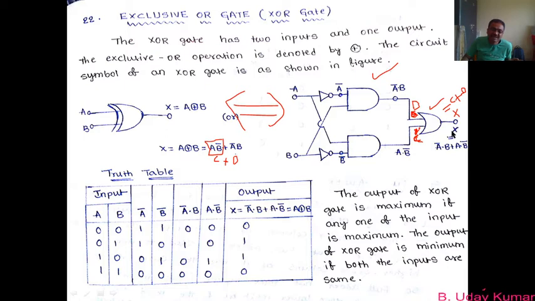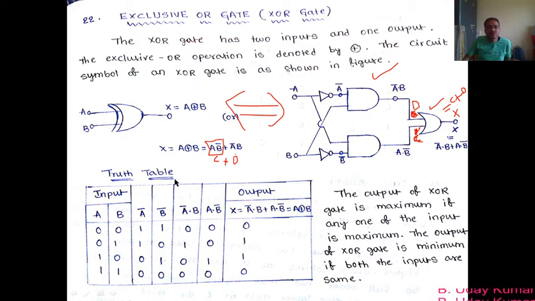So that means X, the total output of this entire circuit, is given by A bar dot B plus A dot B bar, where A and B become the inputs of this entire XOR gate. Okay, so this is what you have to understand. I hope in terms of figures and the logical equation, you now know how to draw them. Now let us try to understand its entire operation with the help of a truth table.